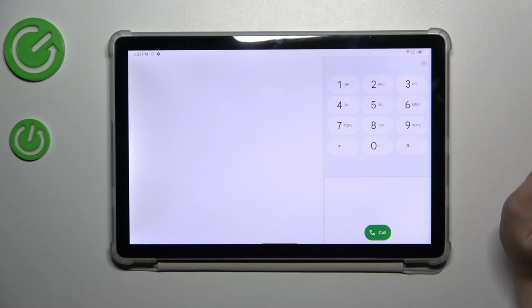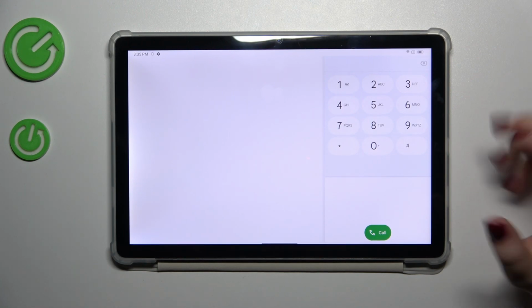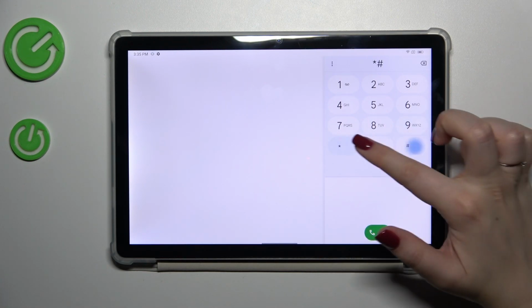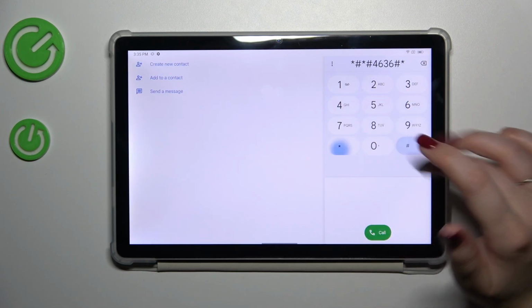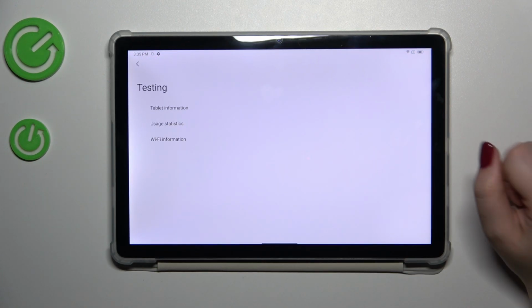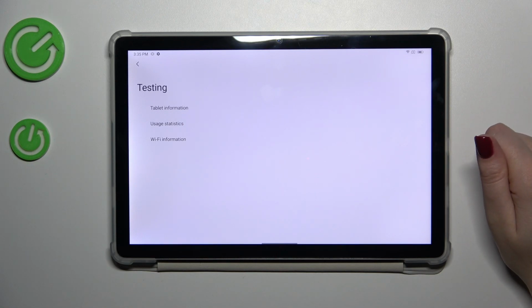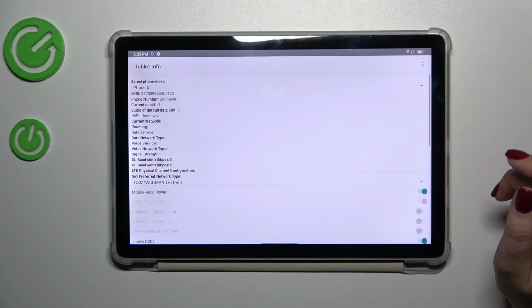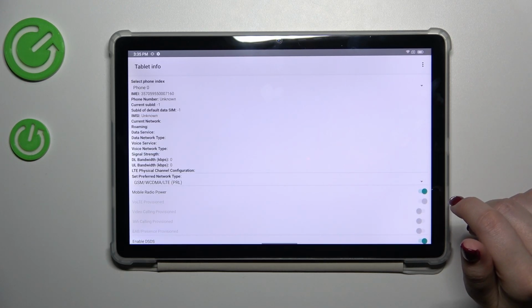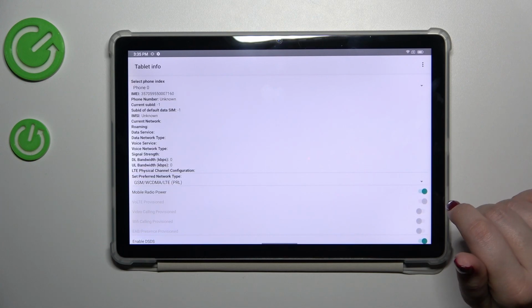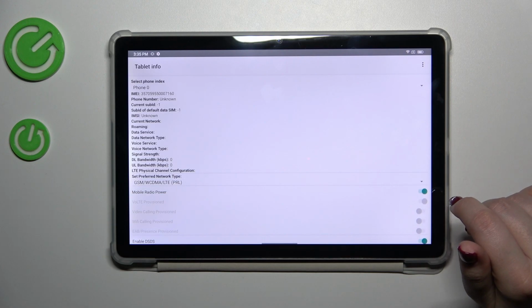And now let me show you the last code for this video, which will open the testing mode, which is connected with your device, of course. It is *##4636###. And as I said, we are in the testing mode, so here we've got the tablet information, usage statistics, and Wi-Fi info. So let me find the tablet information, for example. Let me check, not find. And here we've got technical info again, just like the IMEI number, carrier network, data service, voice service, signal strength,